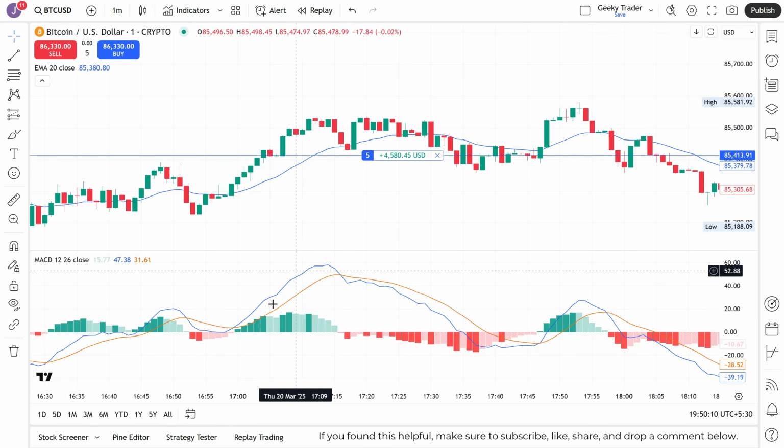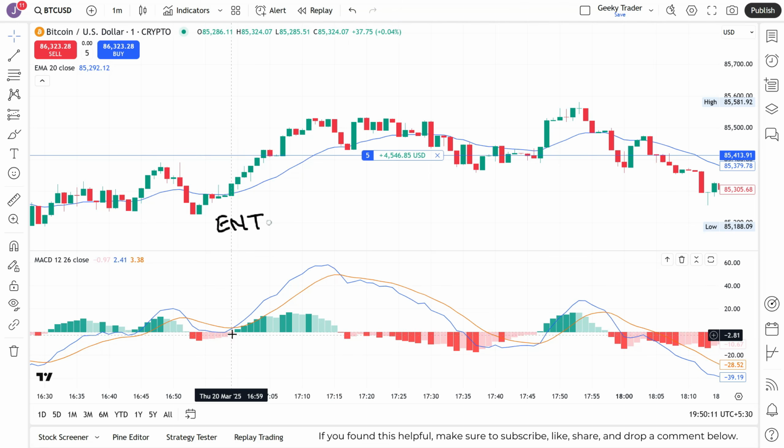risks. Let's break down this example and see why it's a strong buy signal. The MACD blue line crosses above the signal line orange, indicating bullish momentum. The histogram turns green and moves above zero, confirming increasing buying pressure. A green candlestick crosses and closes above the 20 EMA, blue line, showing buyers are in control. When these conditions align, MACD crossover, green histogram, and price breaking above the 20 EMA, it signals a high probability